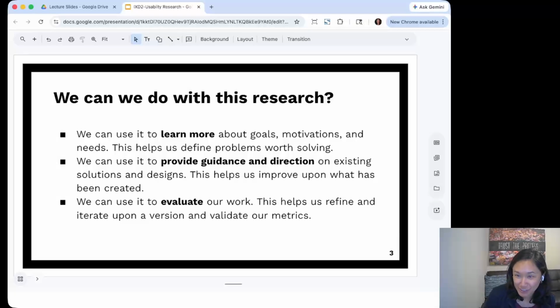So I've done generative research for my work at Amazon. For example, with monthly payments, I have run a study where I invite folks to our research lab in Denver, and I have an open-ended interview with them to better understand how they use payment products and what they understand about credit cards and shop with points and financing. And that was a way for me to gather information and to hear from people directly about what their goals were, what motivated them to use payments,